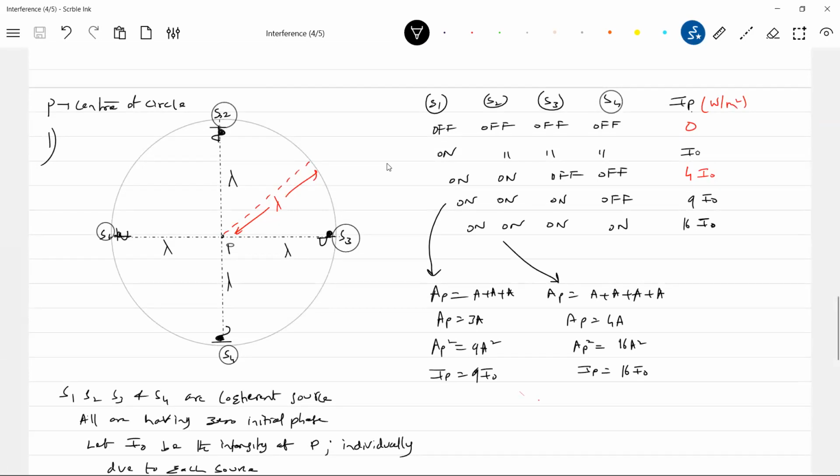If 2 sources are there, you have a formula. More than 2 sources, what should you do? First calculate the resultant amplitude, then square it. Okay, agreed? I just wanted to give this information about 2 sources and more than 2 sources. That's why I just picked up this problem. Now, if there is any phase difference initially,